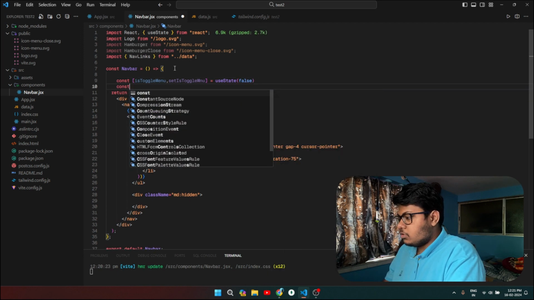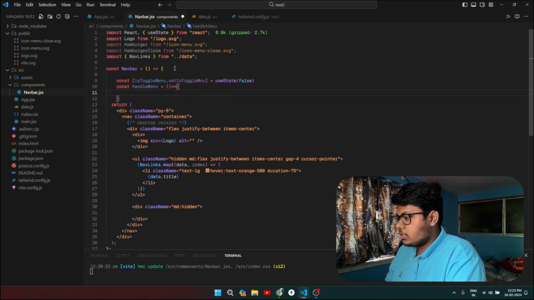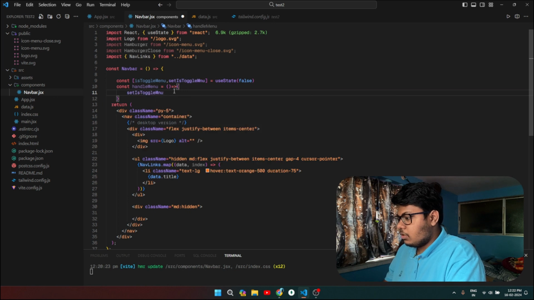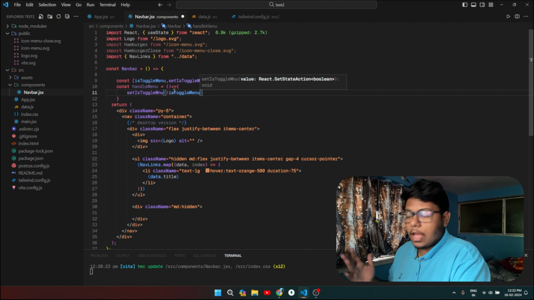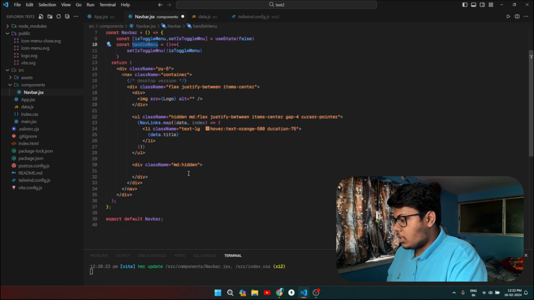Now we have to create a function to handle this. So let's create a function then, and let's give the function name as const handleMenu. Now this is the arrow function, so give the proper syntax. Now what we can do is take this setter function, that is setIsToggleMenu, and simply write not isToggleMenu. Now what this will do is when we click over that icon, it will simply change the state to the opposite one. Now copy this handleMenu and come back here,